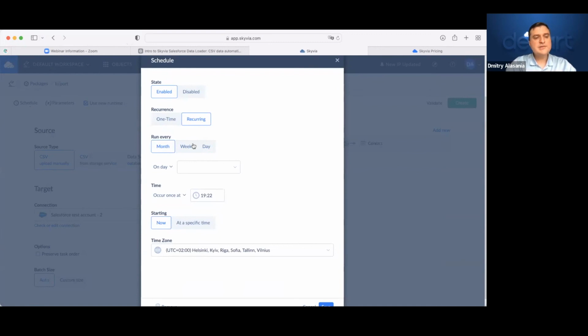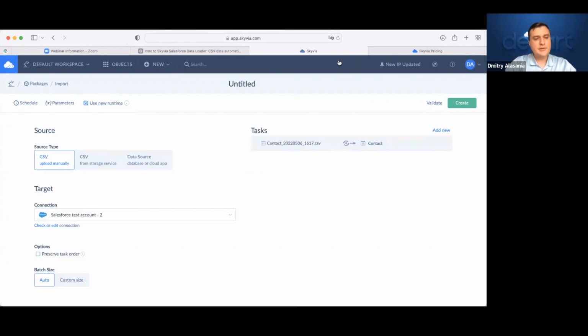You may wonder about the use cases of the import scenario. Actually, with import, you can return results of analytics back to your Salesforce org. For instance, for leads, like after the analytics model that we built that resulted in lead scoring or customer health score or whatever. So you will have some certain figure that you would need to import back to Salesforce. Let's say lead scoring, so that your sales team can just sit in the morning, open their Salesforce org, and see the leads with the top score, and then they can prioritize their work